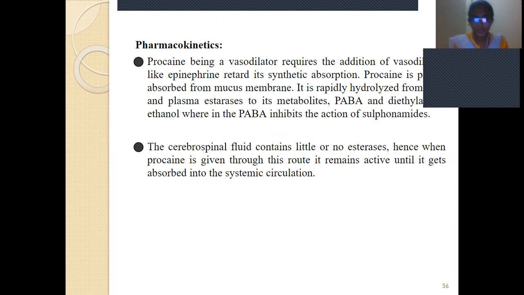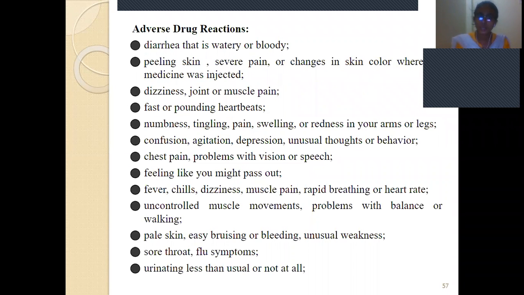The cerebrospinal fluid contains little or no esterase. Hence, when procaine is given through this route, it remains active until it gets absorbed into the systemic circulation. So this drug is directly given to the cerebrospinal fluid to show its activity. Adverse drug reactions are diarrhea and peeling of the skin, dizziness, joint pain, fast heart rate, numbness,